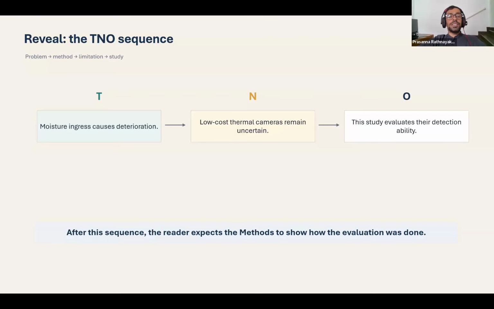Now you see the order is quite simple. The order expects the methods to explain the camera, condition, sample, measurement, and evaluation. Okay. So now you have realized that certain things are apparently correct, but there can be much more impactful ones the other way around as well. So let us